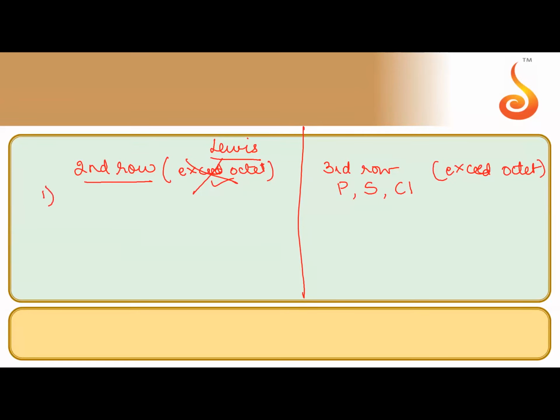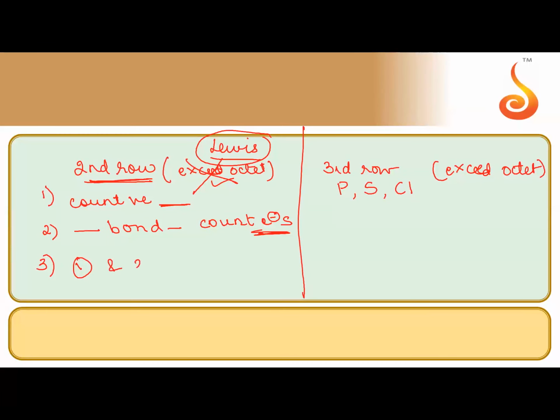Now, once you classify, when it is a second row element, you can easily apply Lewis theory to draw. First you count the valence electrons, and then you put single bonds everywhere. Count the electrons, make sure everything has got an octet, and count the electrons. See if this value and this value are matching, 1 and 2, are they matching? If 1 and 2 are not matching, then for 2 extra electrons, you put 1 additional bond, 1 pi bond. So this is what we form, 1 pi bond.